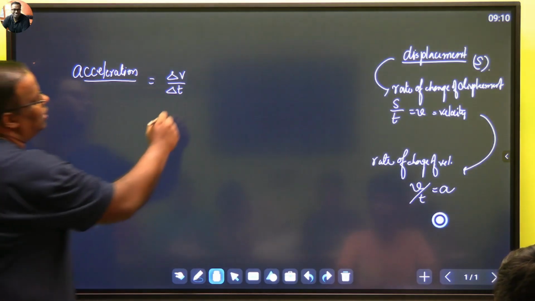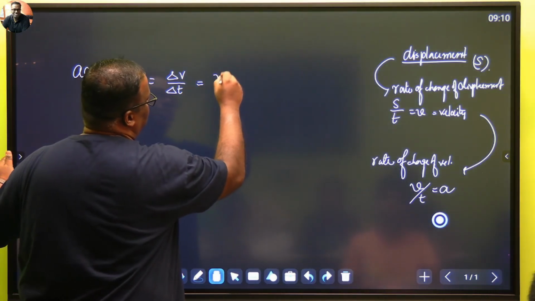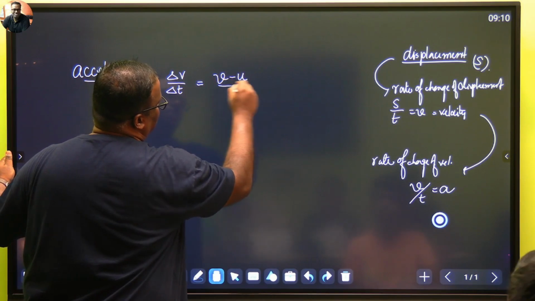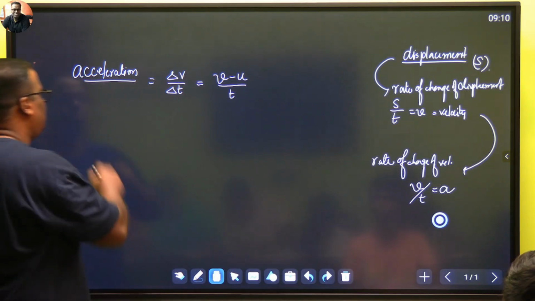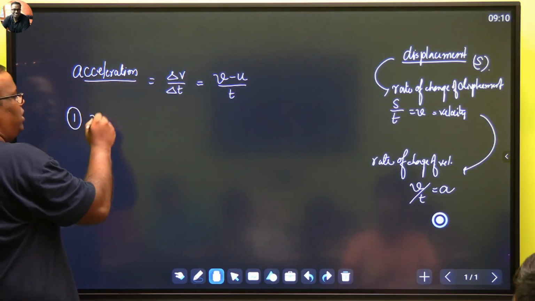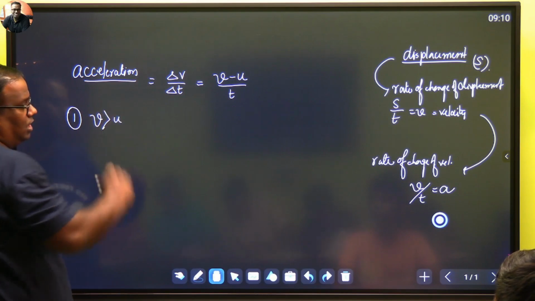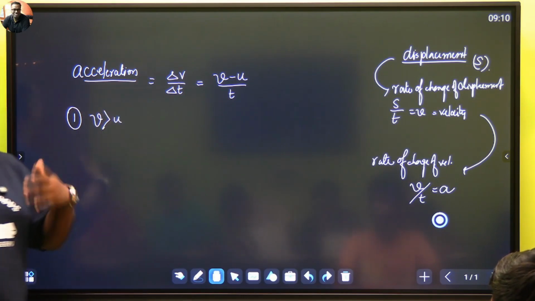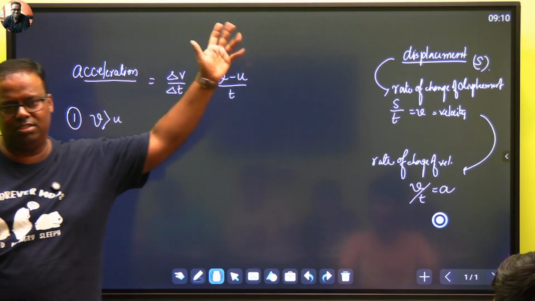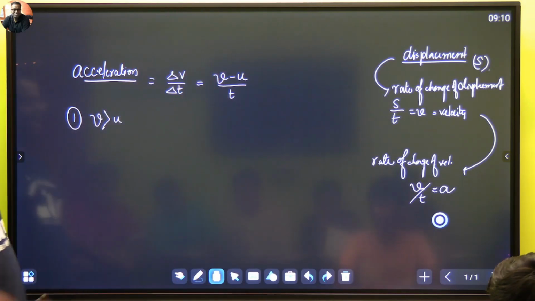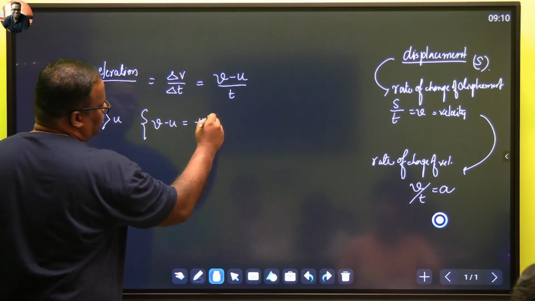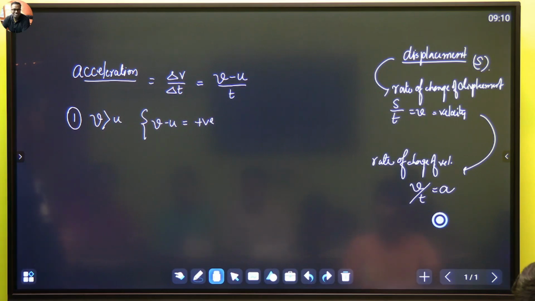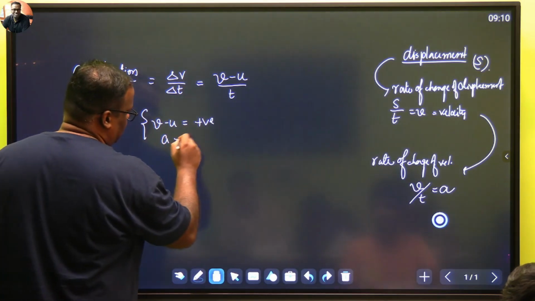Now when we say rate of change of velocity, this acceleration is final minus initial divided by t, the time elapsed. Okay. Now there can be two cases. Number one case where the final velocity is greater than the initial velocity. What is the case? Speeding up. Final is greater than initial. ऐसे केस में v minus u जो है वो आपको पॉजिटिव ही देगा, है ना? So in such cases our acceleration will be positive.